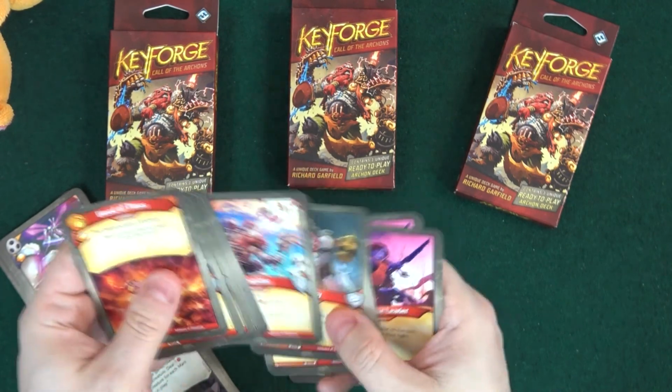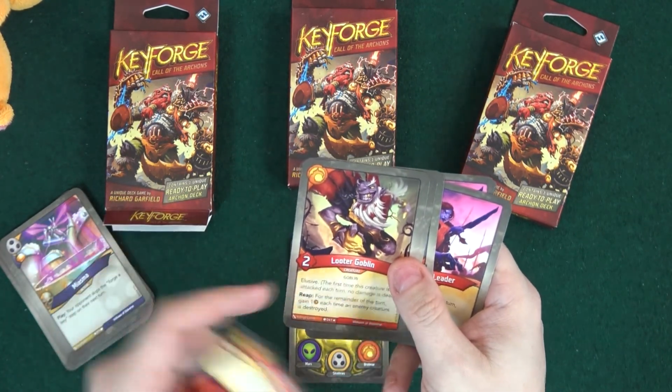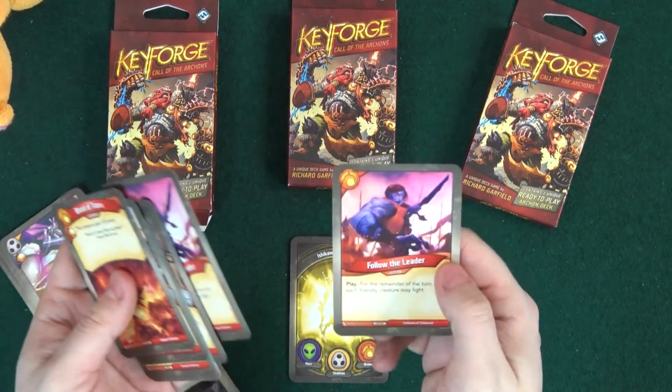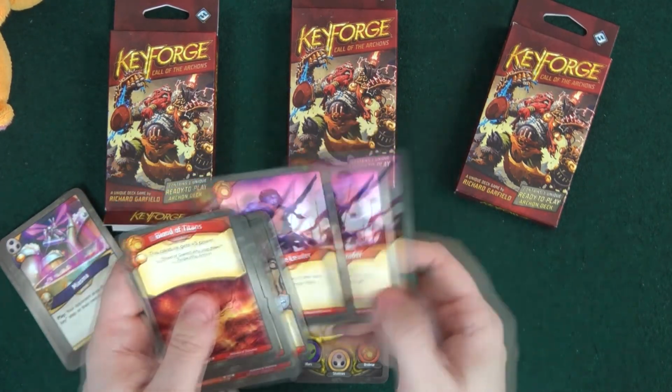This could combo well with this guy, Looter Goblin. So if you can destroy a bunch of creatures on your turn, well, you get Amber. You reap with him, but you fight with the other ones. And 2 follow the leaders. I would love some other action card there in the end, but...